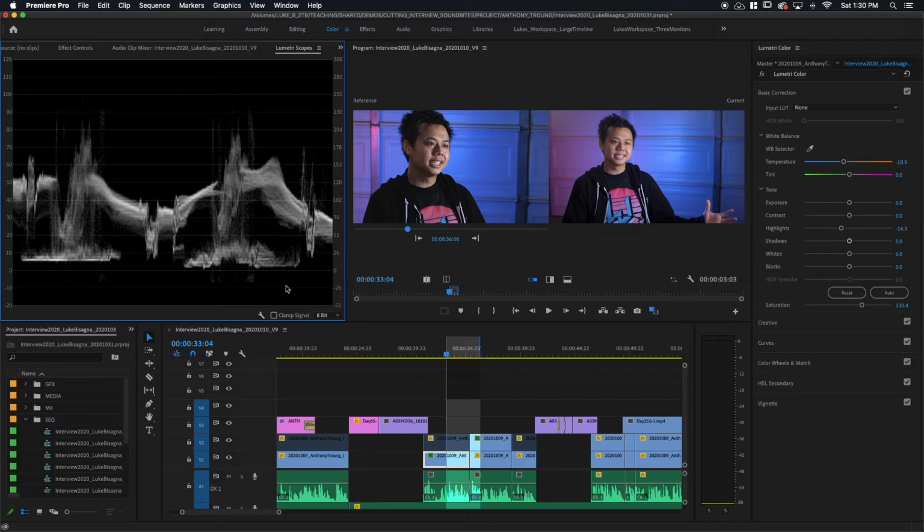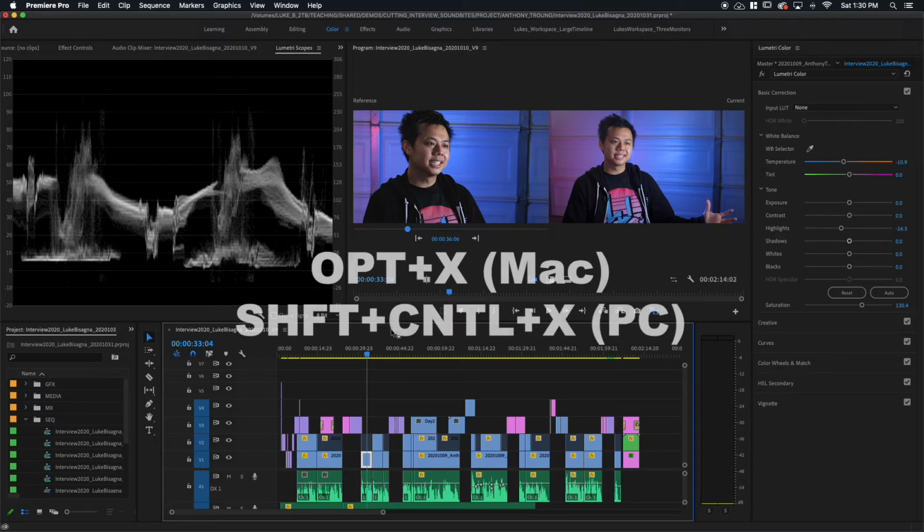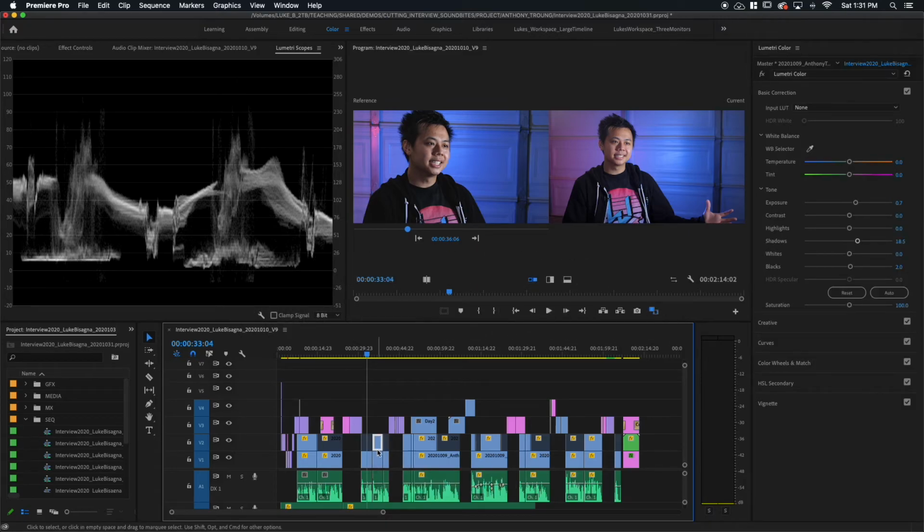So now that I've done this to two of my shots, what am I going to do to apply it to all the other usages of these cameras? Well, as you have seen in another video lesson, we can use copy and paste attributes to take care of this. So I'm going to remove my in and out here with Option X, and I'm just going to click on the shot that I've corrected here and right click and choose copy. And then I'm going to select the other ones in the timeline.